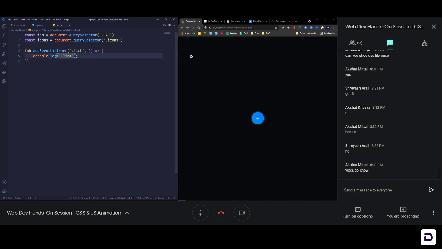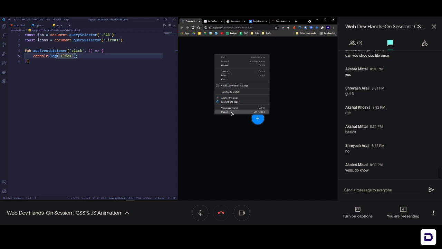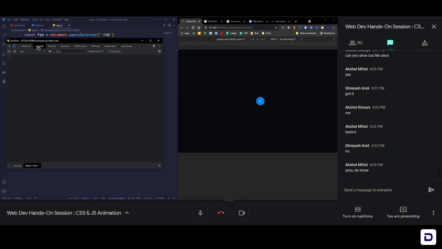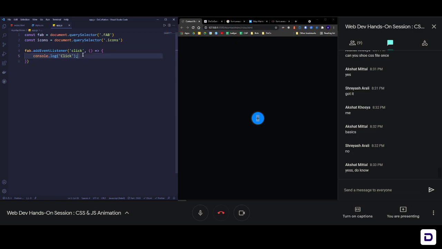And now I am opening the inspect tab here in Chrome, and I will go to console. Here when I click on this, you can see something printing in the console which says click. That means the whole connection which I made, the JavaScript file, is connected. And when I'm clicking on it, you can see that the number beside click here is increasing. So that means everything works fine. That's really great. And now we can finally add the animation that we want.